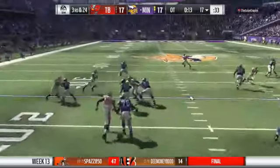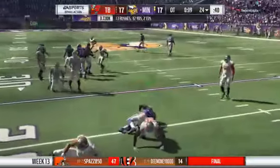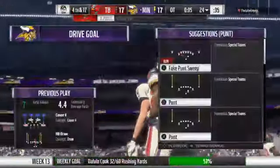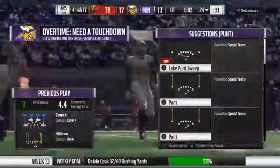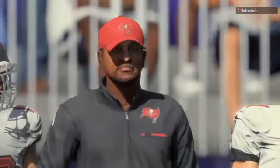They'll run it now out of the gun. And able to break one tackle, but then quickly brought down. But a nice little gain. 7 yards on the carry there, but now they're staring at 4th down. Well, how about this? The very, very rare